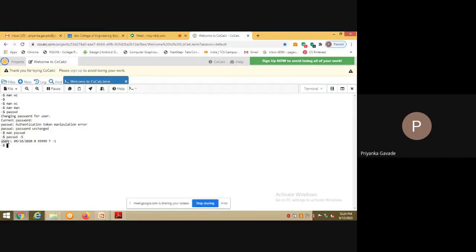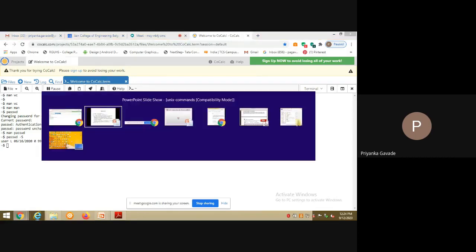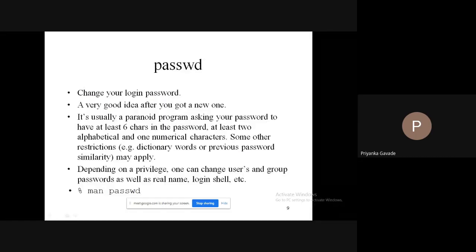The name of the user is user, but the type of the account is L here. So the type of the account L says that it's a locked password and we cannot change it. Is it understood? So basically, passwd is a command which is used to change the password of an account, right?